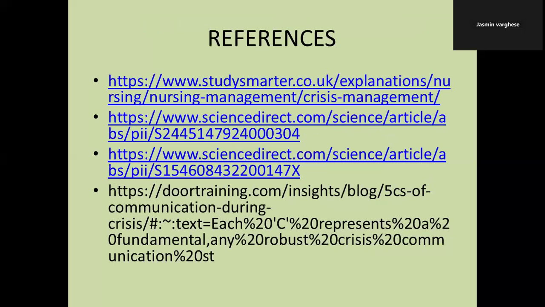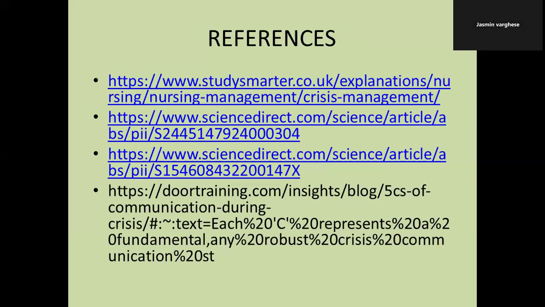So this is about crisis management and disaster. Disaster can lead to crisis. If there is a crisis, you have to develop proactive measures to overcome it. To develop proactive measures, you need to know what a crisis is. You need to understand the root causes of the crisis, that means what type of disaster leads to this crisis.